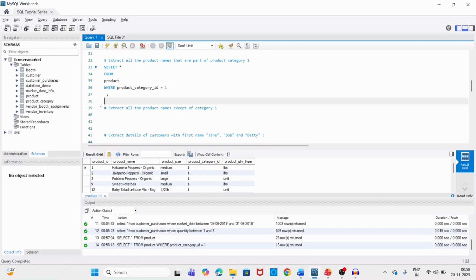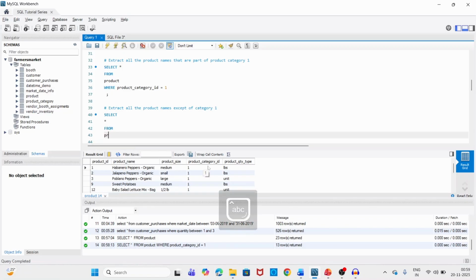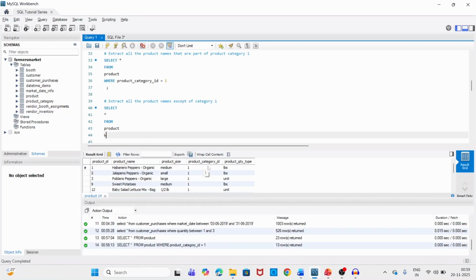Now with the same syntax, let's extract all the product names except of product category 1. So now what we need to do is extract all the details of the product apart from product category 1. That means they want all the rest of the other categories. For that let's write the query again. Select star from product where